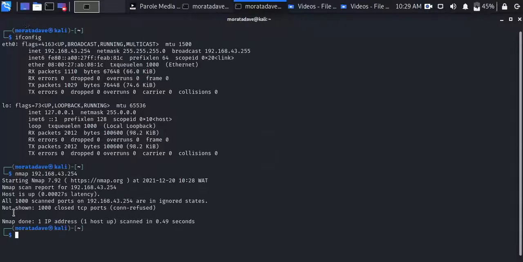So it shows that we have 1000 ports closed, but I doubt that 1000 ports are closed. A local machine cannot operate when all the ports are closed. So why is it showing here that 1000 ports are closed? Because of a firewall. When a port is open and is scanned by hackers, when they find a vulnerability on that port, they can easily exploit it. But because of a firewall, it will just display that the port is